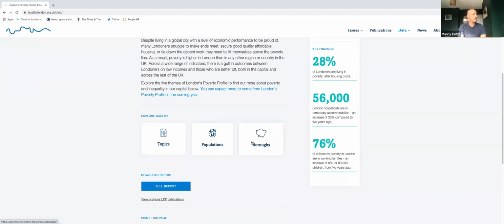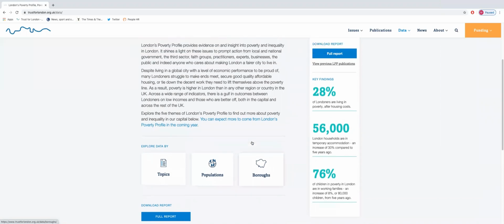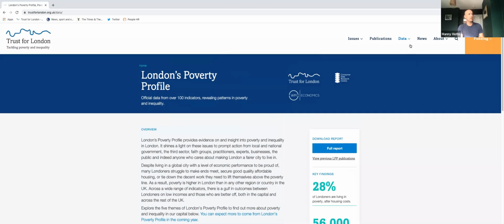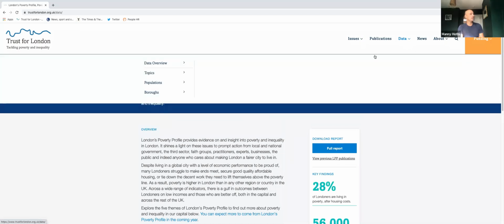And thirdly, it's by boroughs. Either click on any of these links here, but what I like to do is if you go to the top and click on data and click the down arrow, you can use this navigation tool to, again, go through things. So if you want to find topics, you click on topics, and then you have the various sort of